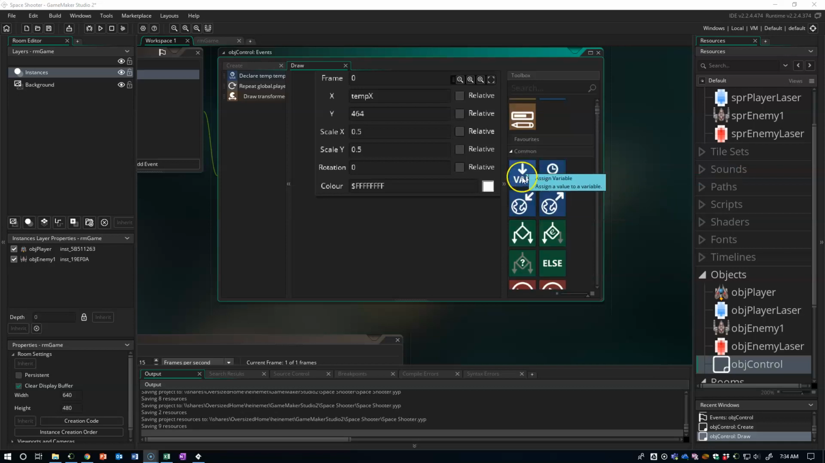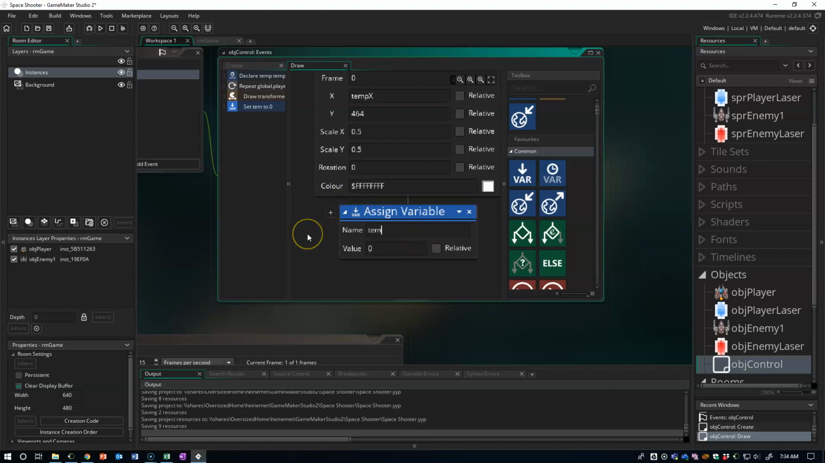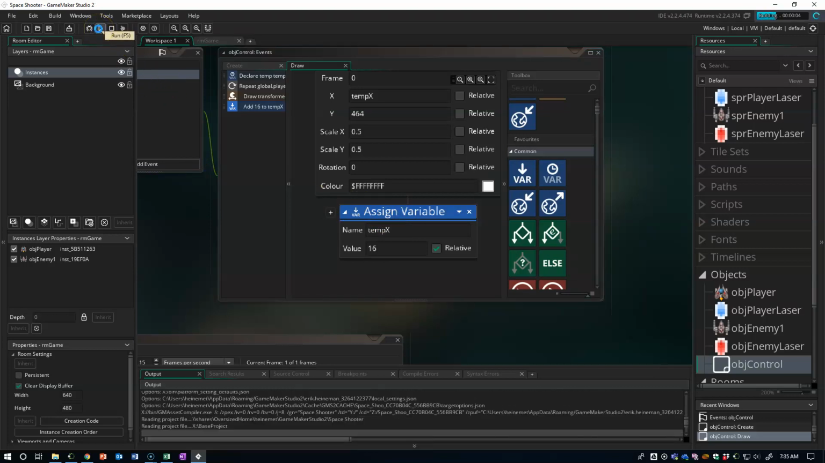So let's go back up here to the top. Here we are, assign variable, and we're going to assign the value of tempx 16 and relative. Again, we're doing 16 because there's already space around the main part of the sprite itself, so we don't need to add any other space. We can move over 16, which is just the same width as the sprite. So now when I click run, I should see in the lower left,